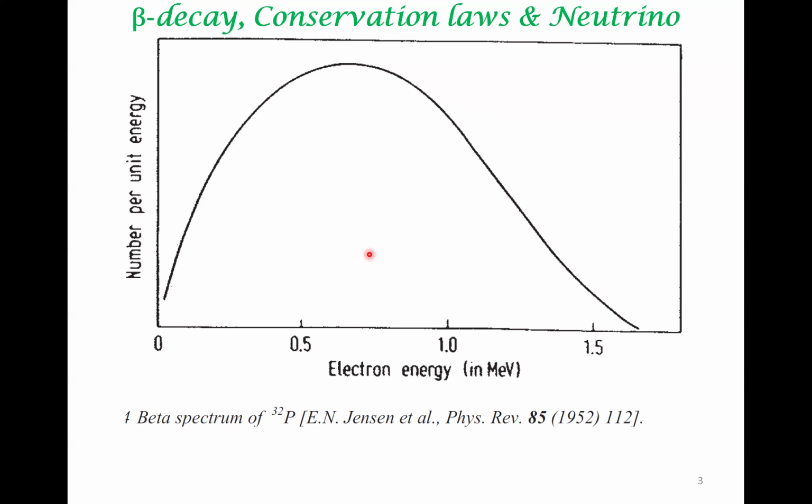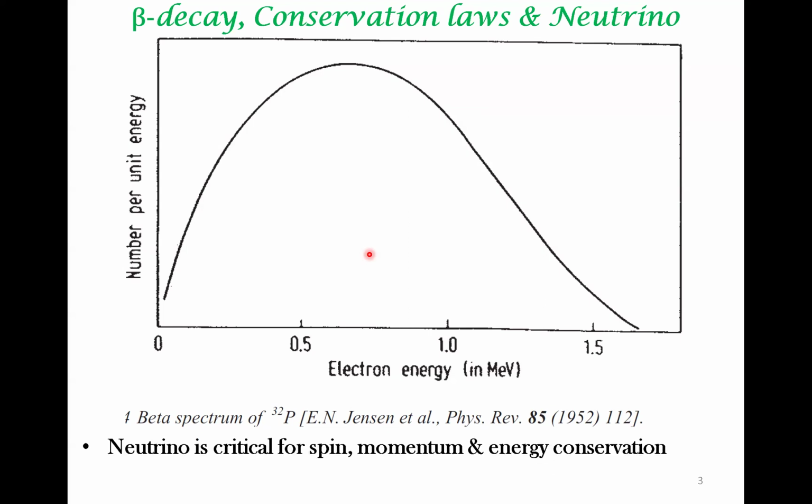What was the need to postulate the presence of another particle? The reason is that for some conservation, the beta particles themselves have some spin and so on. For certain conservation rules, the typical conservation rules which we are looking at are spin conservation, momentum conservation, and energy conservation. There has to be another particle which has to be generated so that the certain quantities